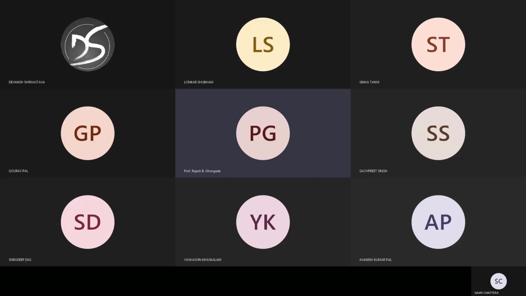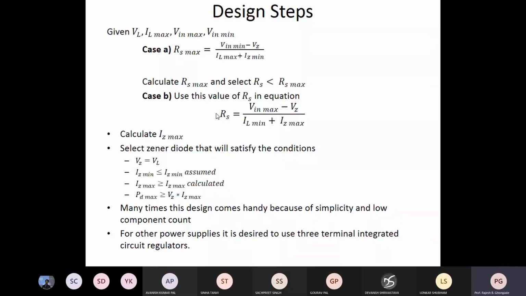So we'll continue with the linear power supply design. And again, I said people are thinking that linear power supply is obsolete, but it is not the case. As you would know, because of the advent of the IoT devices and all that, specifically concerned with communication, many times the switching power supplies are not a very good option, simply because they create a lot of electromagnetic interference. So we require to have linear power supply.